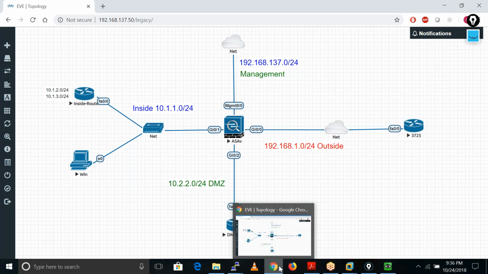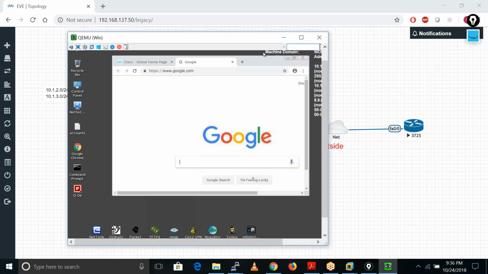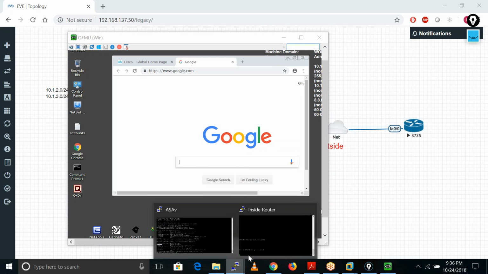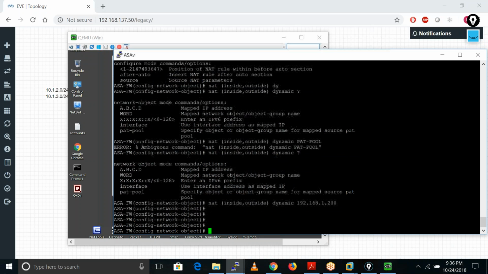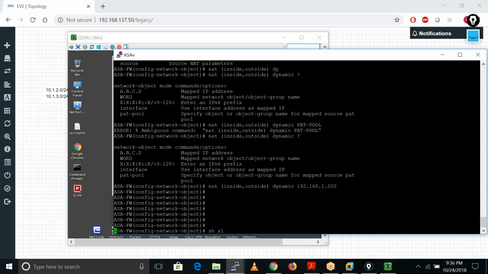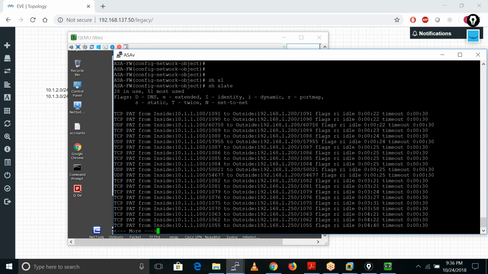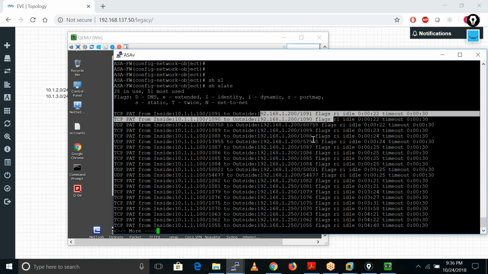So let me go to my Windows system here, and first let me clear the xlate. Let's suppose, so exit. I'll check the xlate here. I'm having lots of xlates on 200, right?